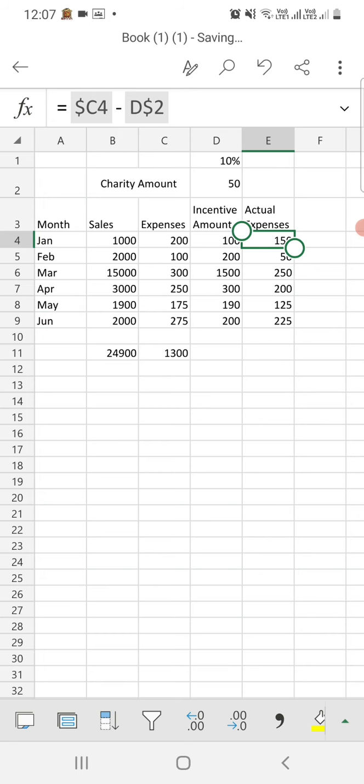That is a mixed reference where we use the relative reference and absolute reference. So it is very easy to calculate by using mixed reference with relative reference and absolute reference.